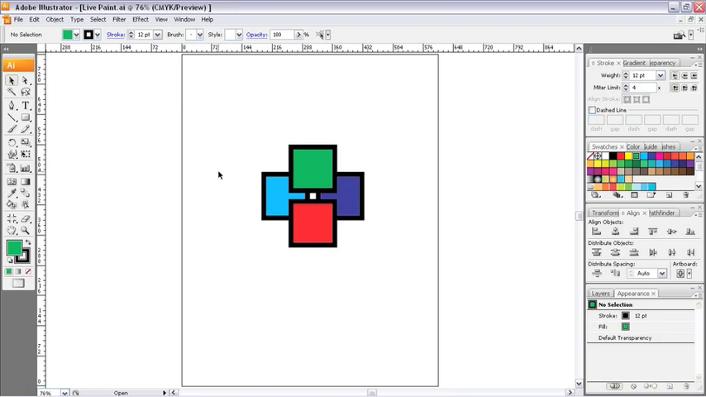All right, so we're ready to take a look at Live Paint here. I've opened up our Live Paint project file, which you'll find inside your project files folder on your desktop, inside the Part 2 folder, inside the Lesson 1 folder, and the name of the file is livepaint.ai, and this is